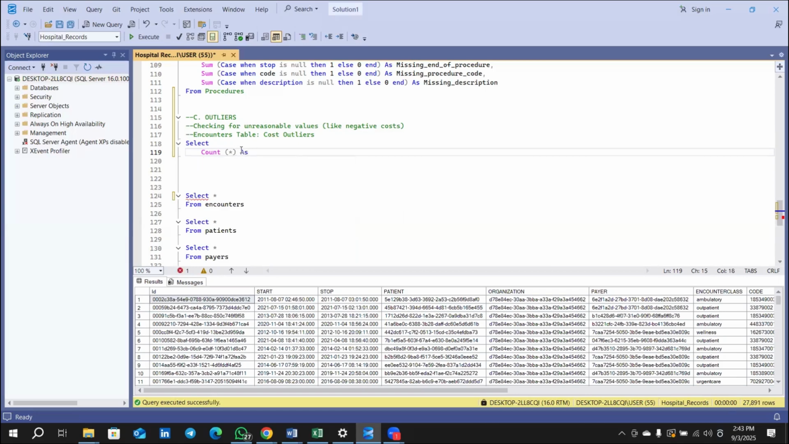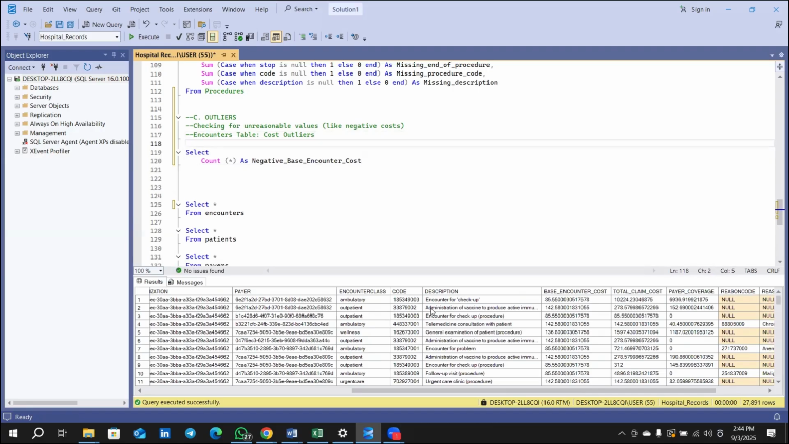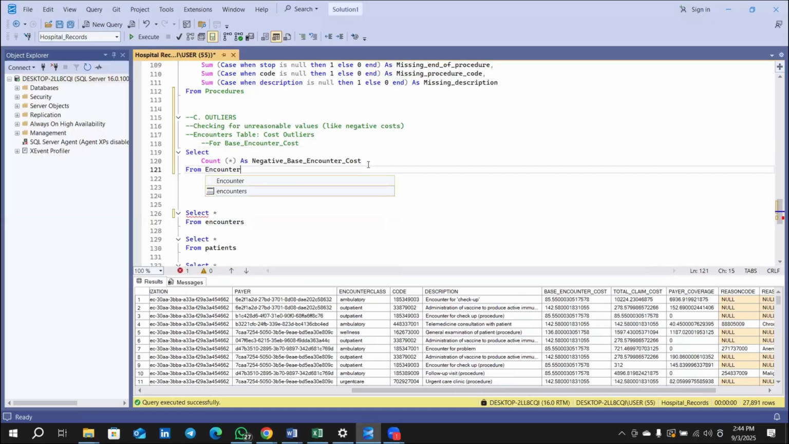payer coverage as well. So basically, we'll be looking at the encounter cost, right? Anywhere the encounter cost is less than 0, that is an outlier, a possible error. Now, what is base encounter cost? Base encounter cost from this particular data set is the base cost of the encounter, not including any line item